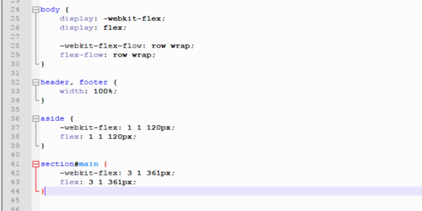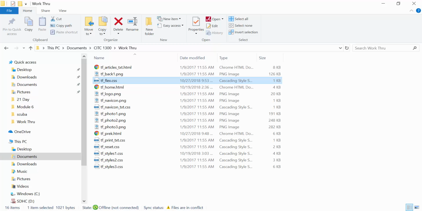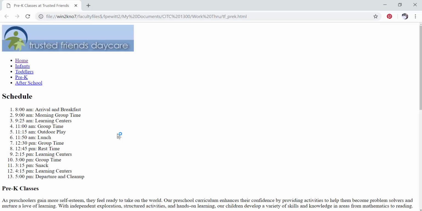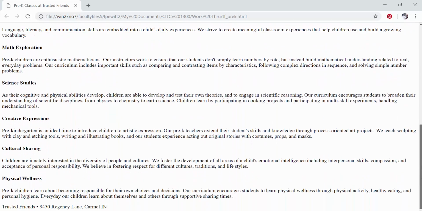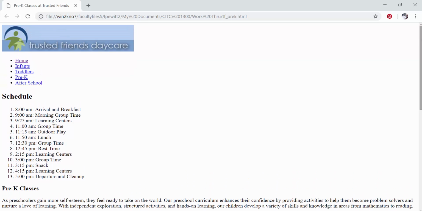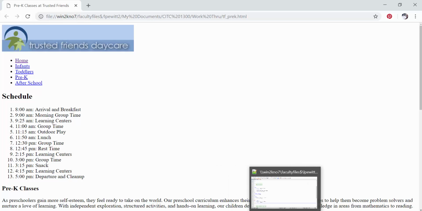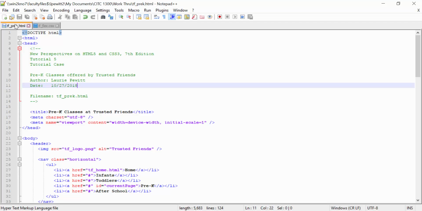All right, so let's save this and go to the browser, and let's look at the pre-K page. Okay, so I have not attached the style sheet, and I did that on purpose because I wanted us to see what it looks like before any design. All right, so let's go back to our pre-K,